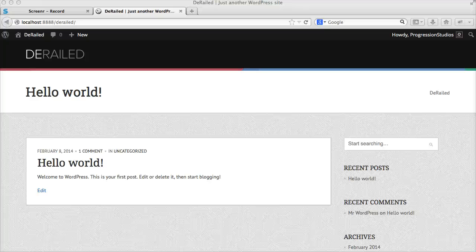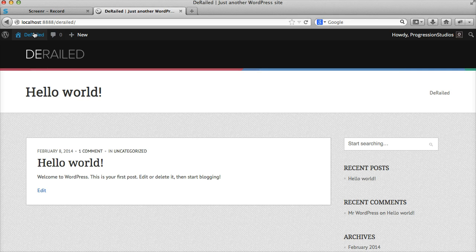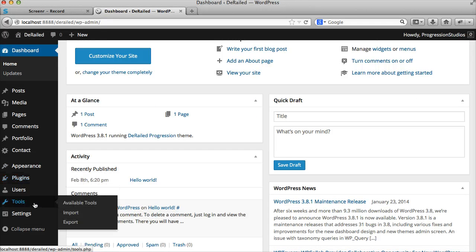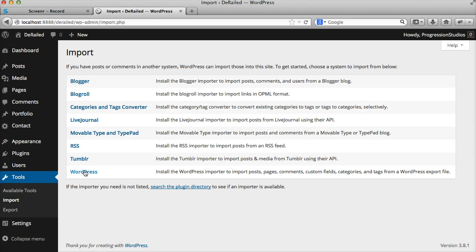Alright, I'm going to go over how to import the live preview data. So right now we just have the default theme installed, and let's just jump right into the dashboard and get started. So what we're going to do is we're going to go to Tools and Import, and we're going to import